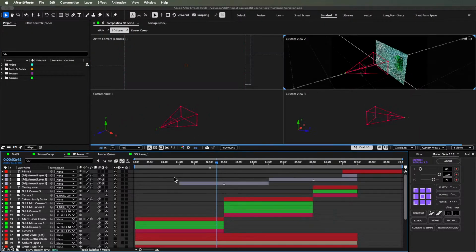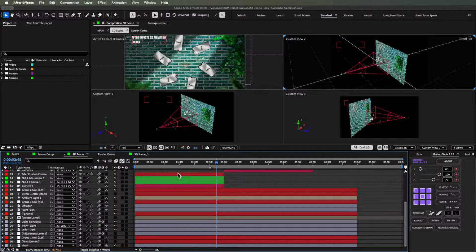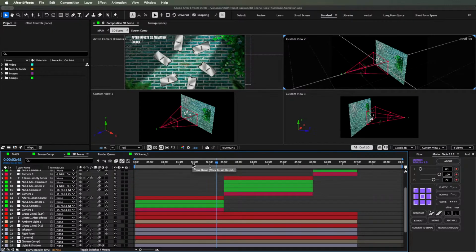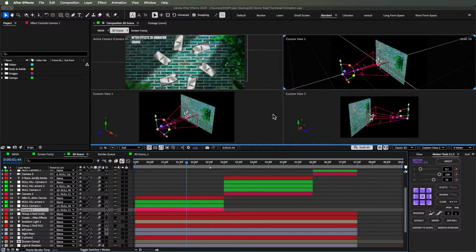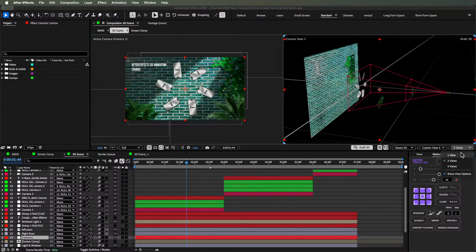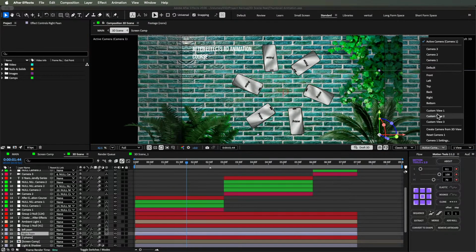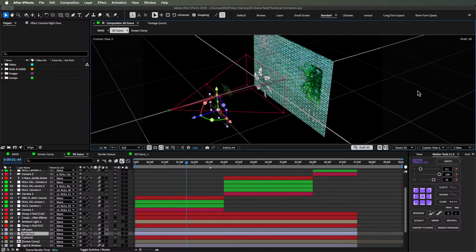Okay, so here is the original project file of that reel that I have posted on my Instagram. To create this animation, it took me like 1 or 1.5 days. I have used 3 cameras. How can I show you? Let me switch to 2 views or 1 view. Then I will switch to camera 2. Now you can clearly see the